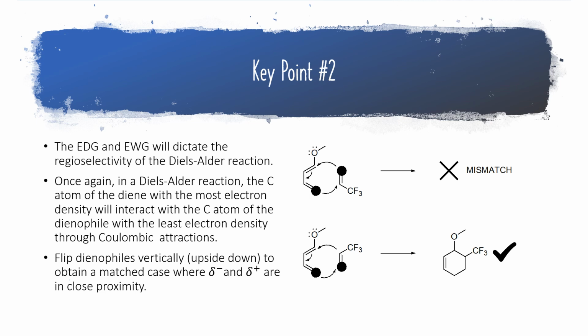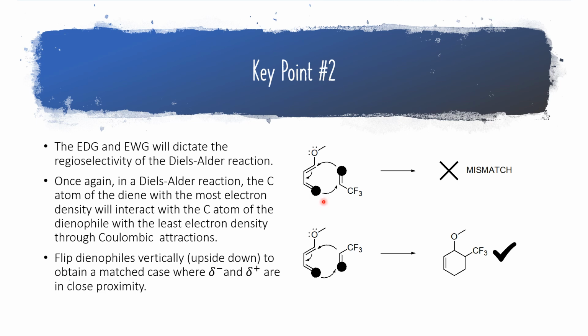Flip the dienophiles vertically upside down to obtain a matched case where both the partial negative and partial positive are in close proximity. So on this little diagram over here,